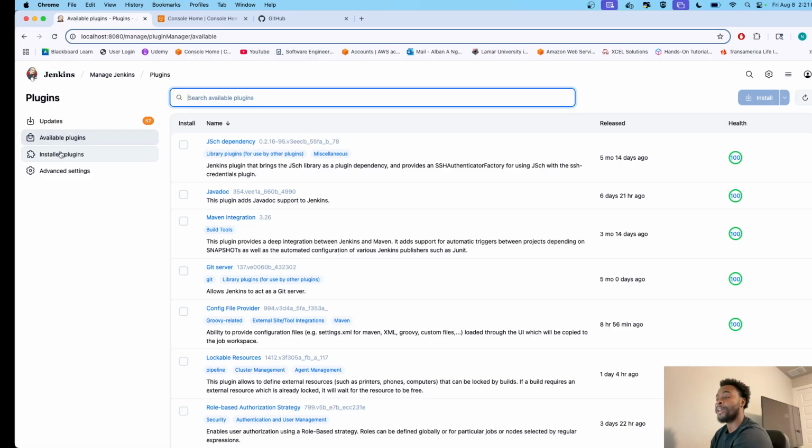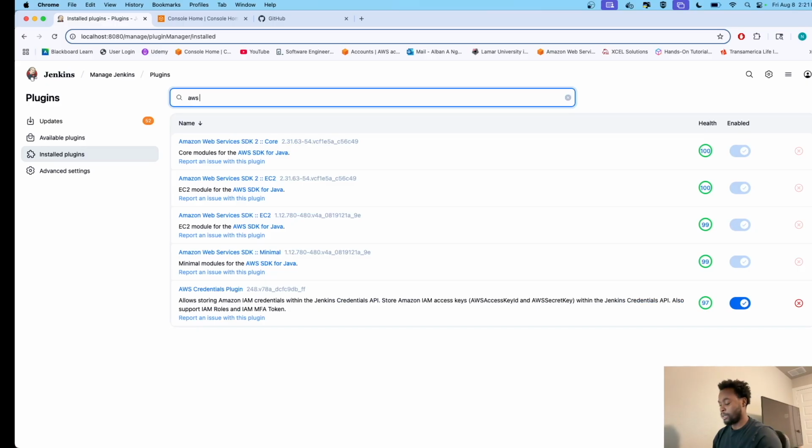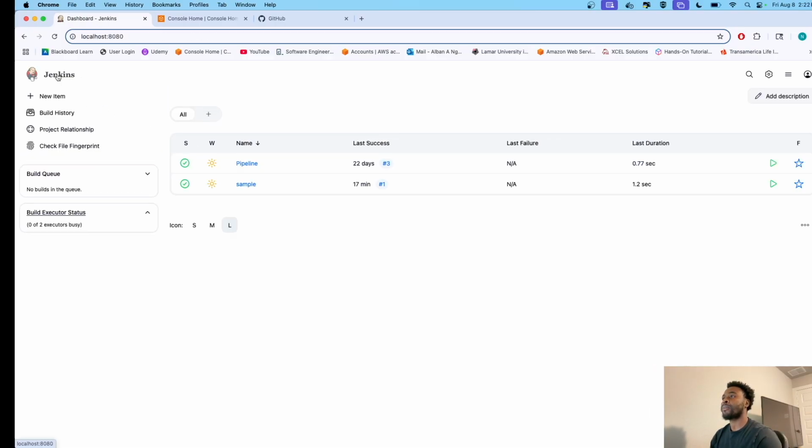So, for example, if I go here to install plugins and I search for AWS credentials, here you see the AWS credentials plugin, which is already installed and enabled. So just make sure that you install those plugins before you proceed, or else Jenkins will just notify you that you might have to install those. So once those plugins have been installed, if I go back here